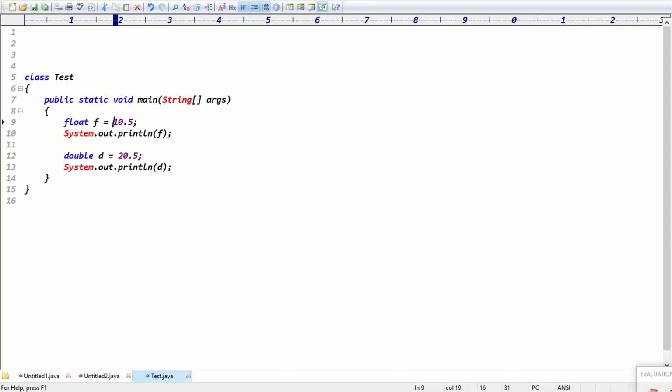The point is actually that 10.5, 20.5 is decimal data, right? In Java, guys, the decimal data is by default double data. 10.5 is by default double actually. It's not like float. But float f requires what type of data? Float data, right? To represent 10.5 as a float data,